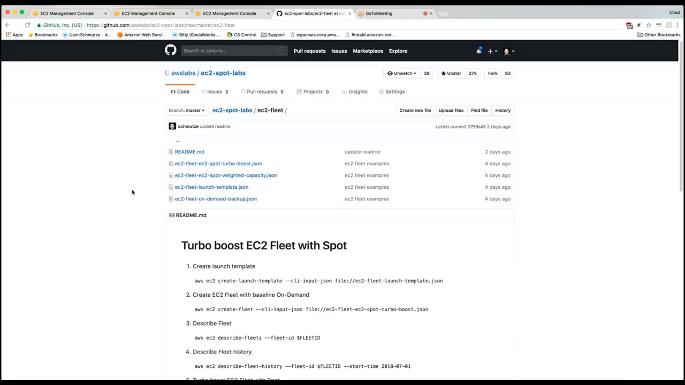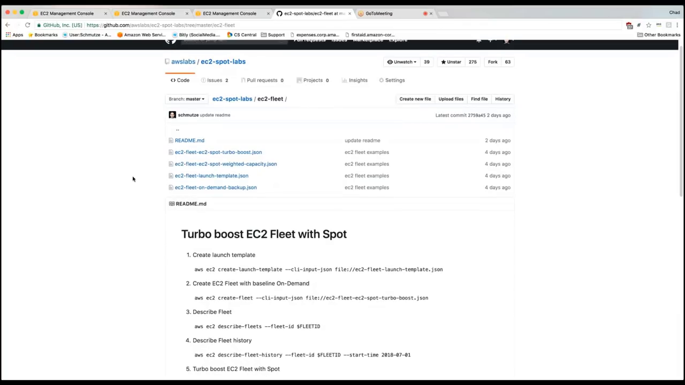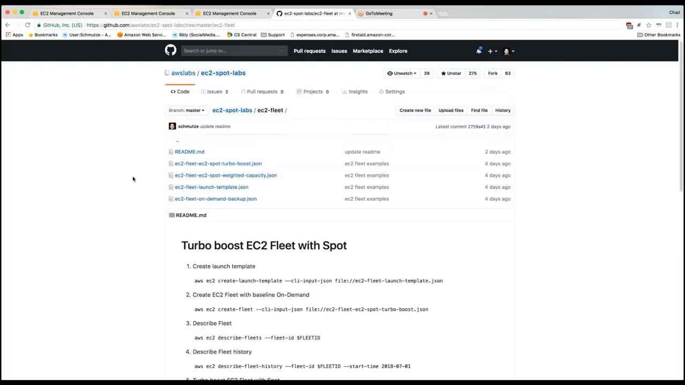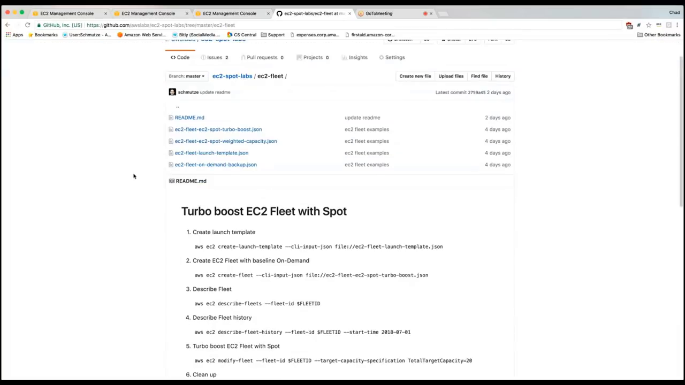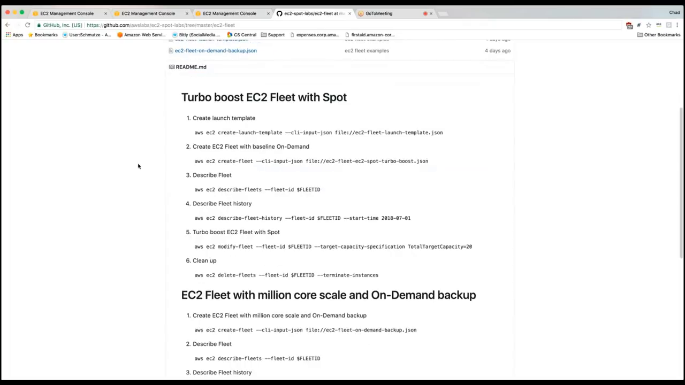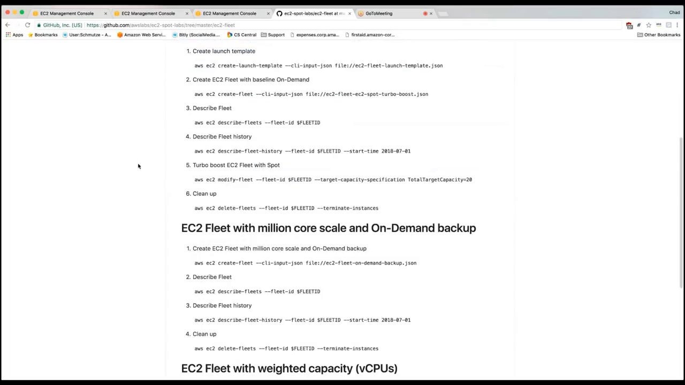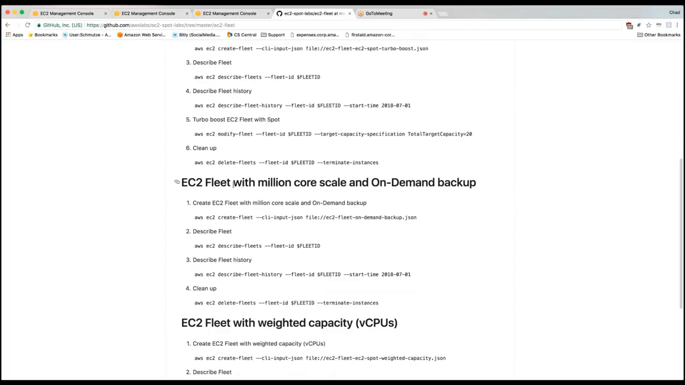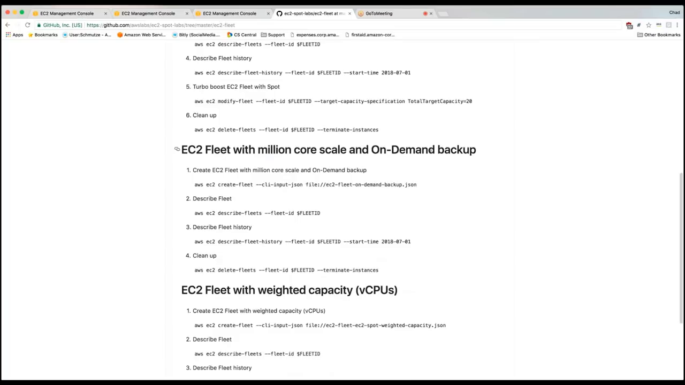All right, thanks, Boyd. So what I'm going to do here is do a couple of demos, three to be exact. And what I'd like to do is walk through the three different scenarios that Boyd covered, which is essentially the ability to use EC2 Fleet to turbo boost using Spot instances. The second is to use EC2 Fleet to set it up to give the ability to do a million core scale environment, and at the same time using multiple on-demand instance types to fulfill that